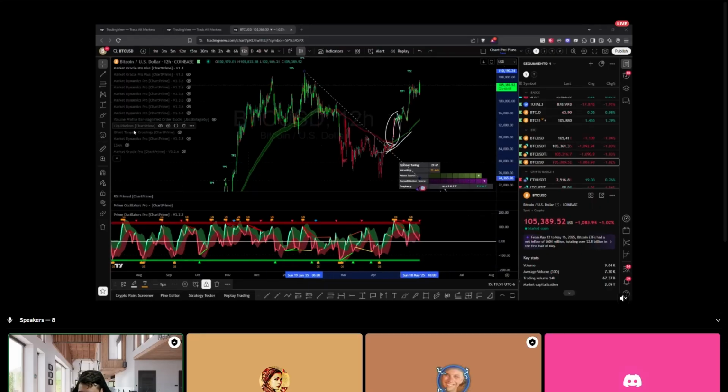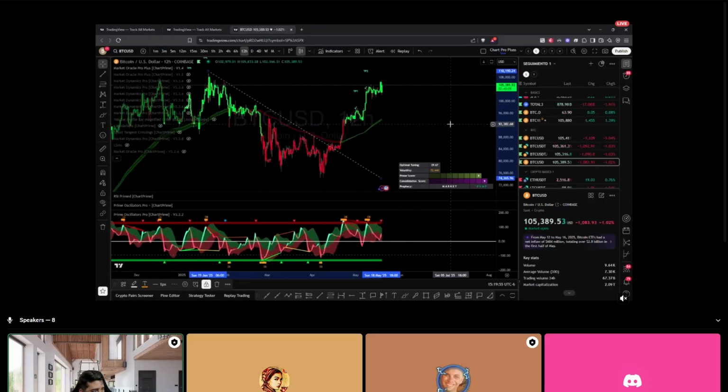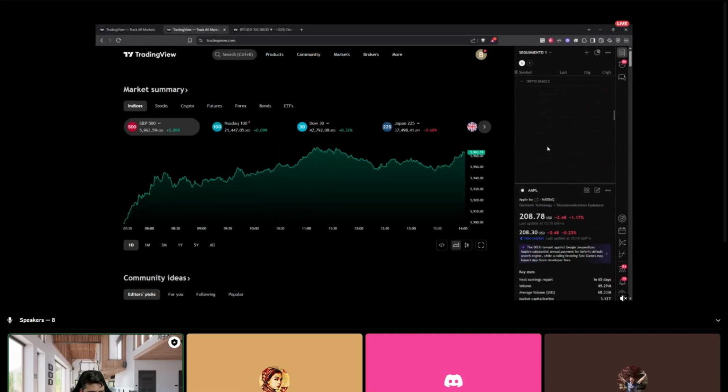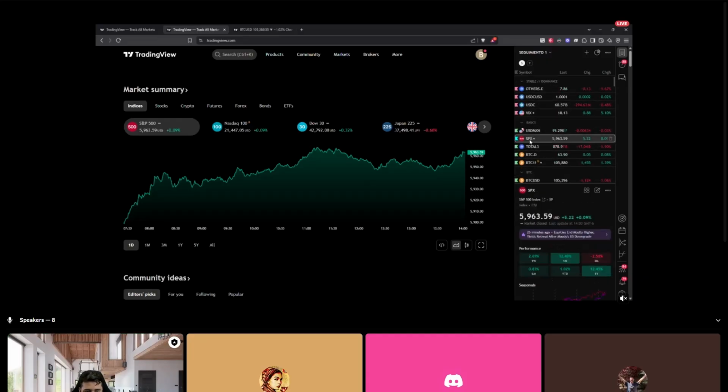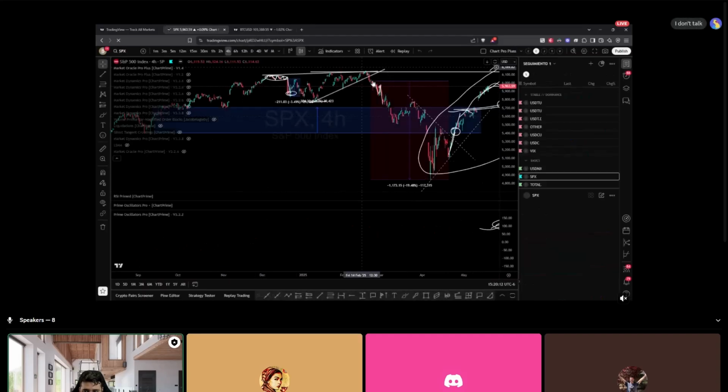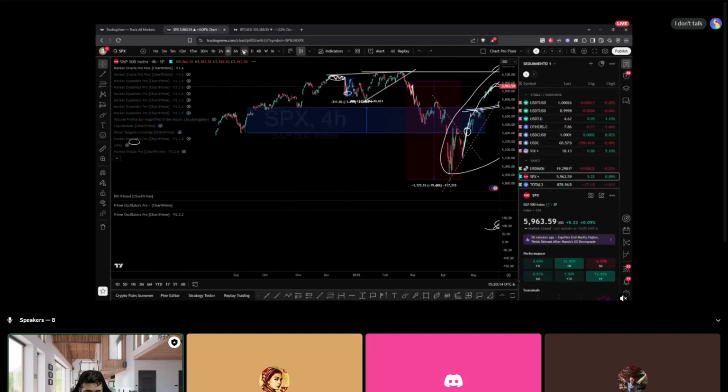All right, let me clear this up now. Do we see a V-shaped recovery here? I mean, based on, oh, come on. You got to be kidding me. I'm chasing after two assets. All right, S&P, SPX. That's it. All right, so based on this, on the 12th hour here,